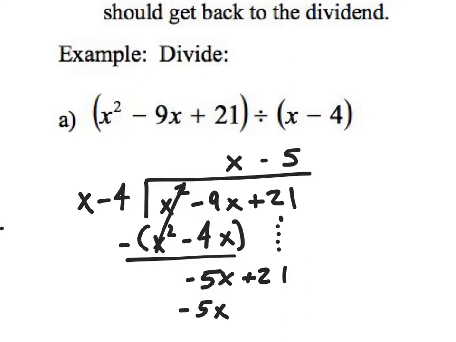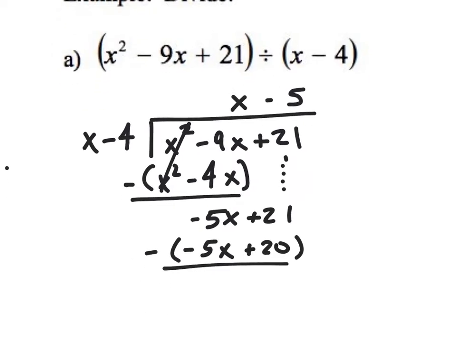Negative 5 times negative 4 is going to give me positive 20. All right, so now I'm going to subtract the quantity, and what that's going to end up giving me is negative 5x minus negative 5x, so that's going to cancel out, okay, and then I've got 21 minus 20, which is going to give me a remainder of 1. So this is my remainder,